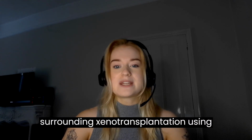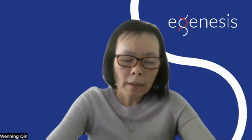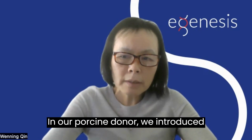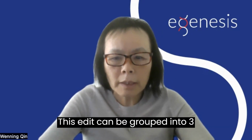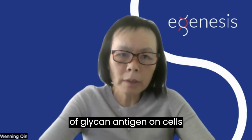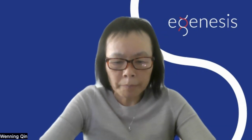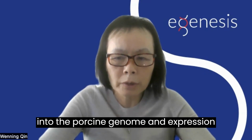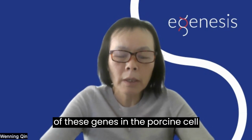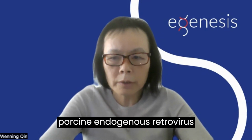Can you talk about the challenges surrounding xenotransplantation using pigs and how these challenges inspired you to explore the use of gene editing to improve their compatibility? In our porcine donor, we introduced 69 genomic edits. These edits can be grouped into three subsets. The first set involves knockout of three genes contributing to synthesis of glycan antigen on porcine cell surface. The second group of edits involve integration of 7 human transgenes into the porcine genome and expression of these genes in the porcine cell environment. The third set of edits involve inactivation of the porcine endogenous retrovirus element in the porcine genome, which mitigates the